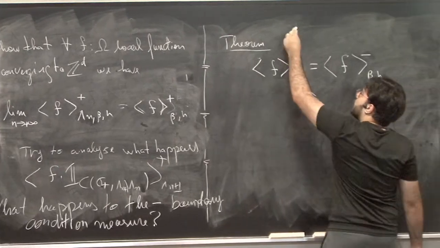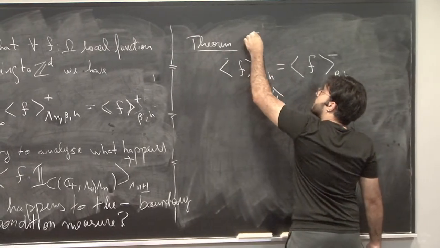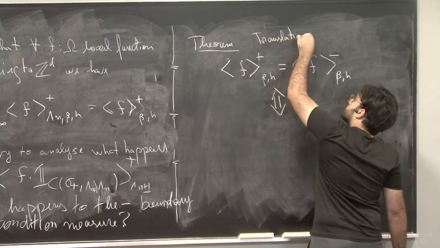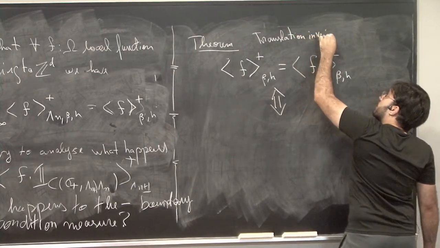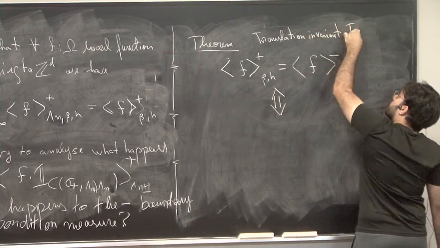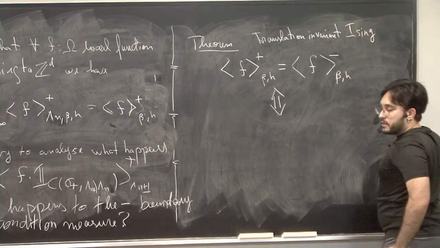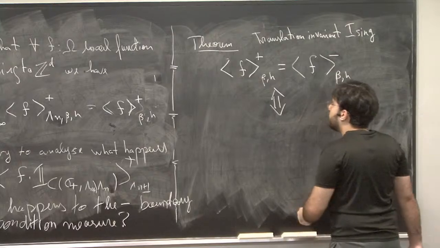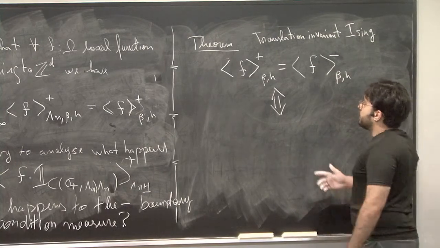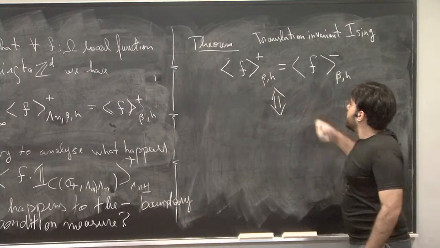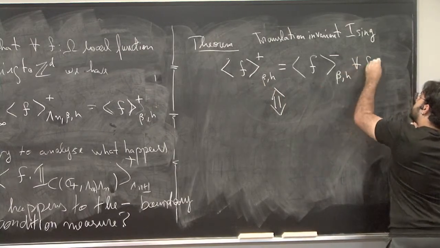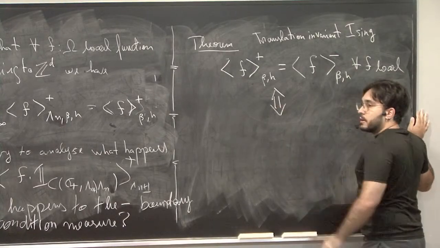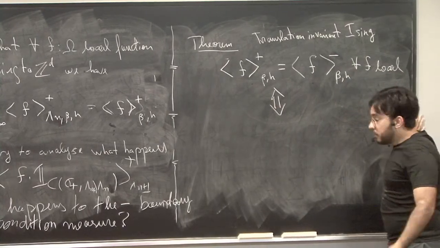now we assume we are in the translation invariant Ising case. So this in particular means that H will always be the same value, H positive. So the theorem is this. They are equal for any F local. This in particular will imply that the probability measures are equal if and only if